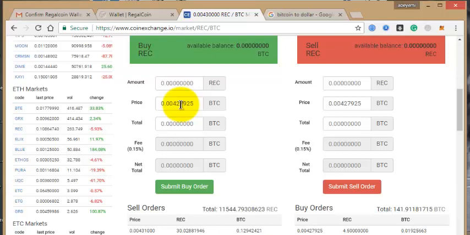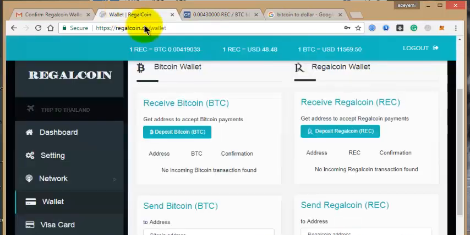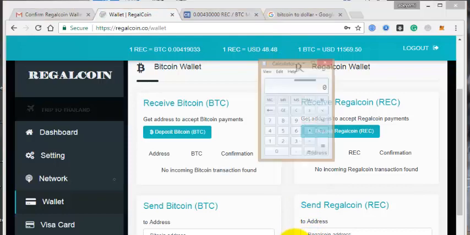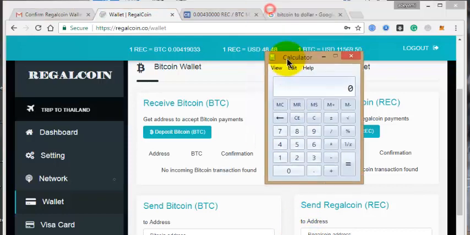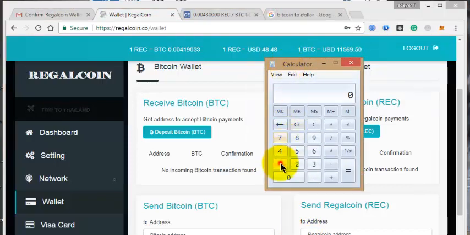Now if you want to fund $100, which is the minimum you can fund in Rega coin, what you need to do is just to come to the Rega coin account. You will see what Rega coin is called to, so amount of US dollar. Okay, so what you need to do now is to go and calculate, okay, I want to invest $100.